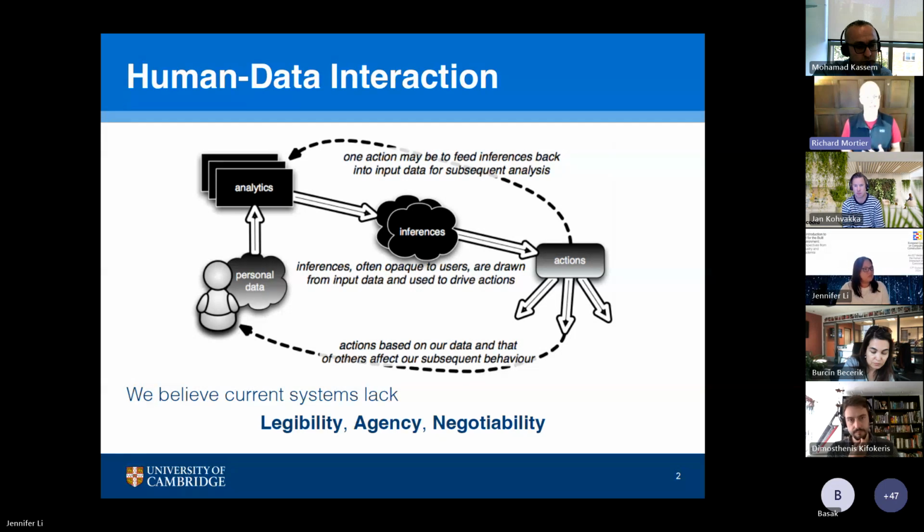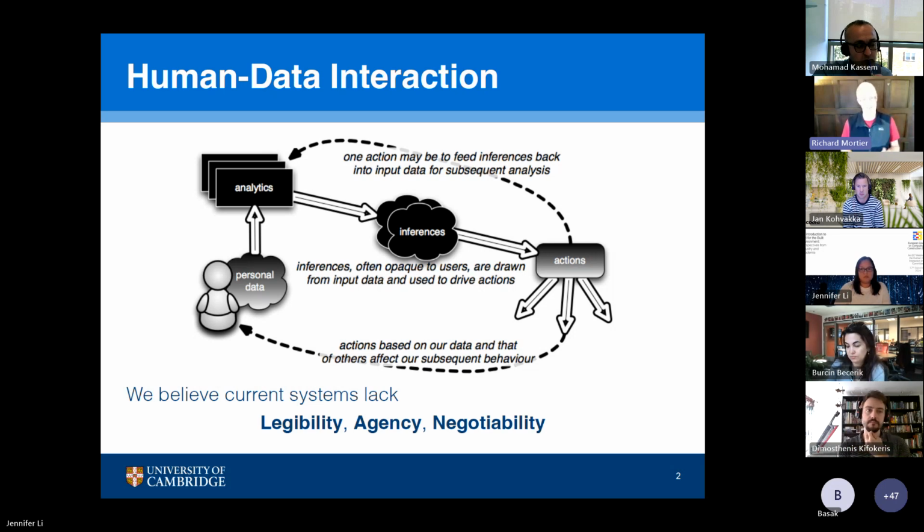Typically, these are not deductive facts. They'll often be inferences, statistically accurate things that have been computed from the different sources of data that are available about you. These inferences and the inferencing process are often very opaque. It's not clear what data is being consumed to produce those inferences, and it's not clear how those inferences work and what they're doing essentially to produce the outcomes that they produce.